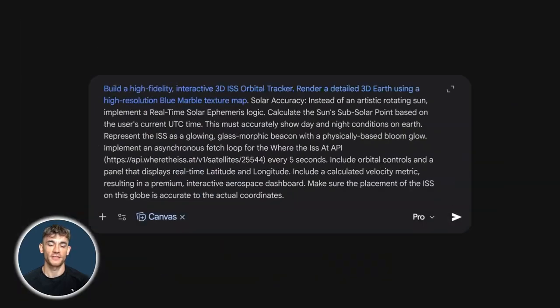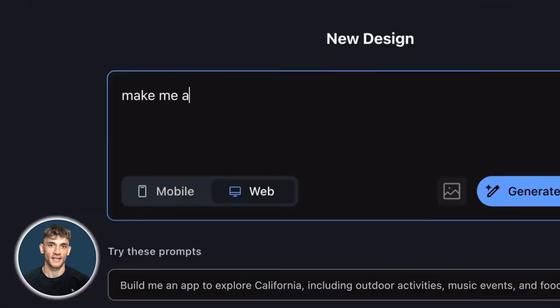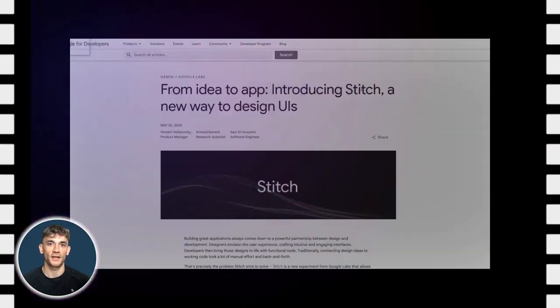Today, we're covering the latest Google Stitch update, what changed, why it matters, and exactly how to use it. Let's go. A quick background, if you haven't heard of Stitch before, Google quietly launched it at Google I/O in